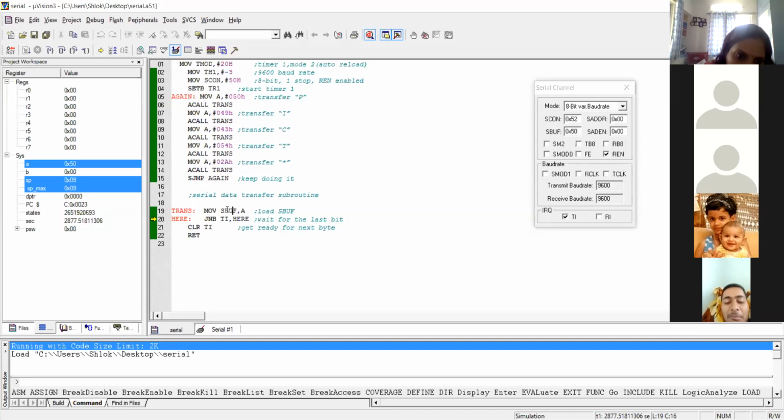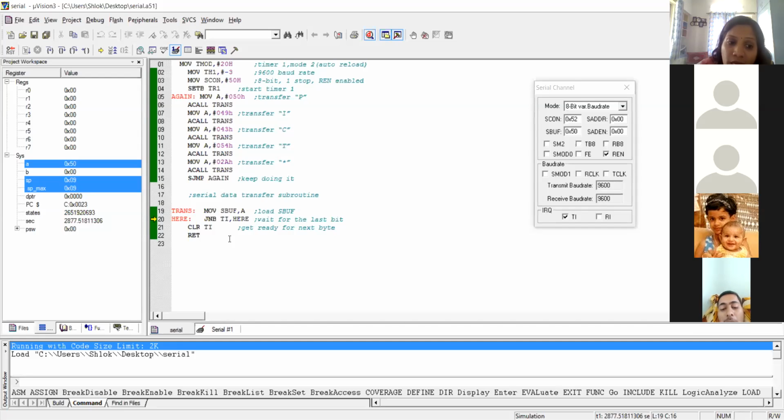Then that value is sent: a start bit is there, then your character's ASCII value, and then the character ends with a stop bit. Whenever it starts to send the stop bit from the SBUF, at that time it raises the transmit interrupt as 1. Until then your transmit interrupt has the value 0.